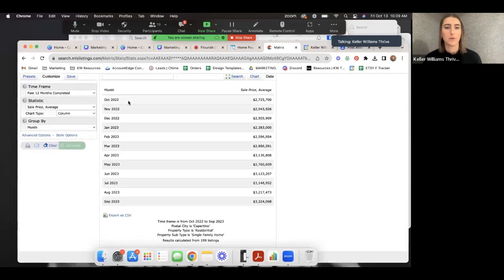All right, so October 2022, last year, it was 2.7 million. This year, in September 2023, it's 3.3 million. Okay, that's quite a bit. Let's take it a step further. I wasn't even planning on doing this, but to find the percentage of how much it's increased year over year, or I guess October to September,